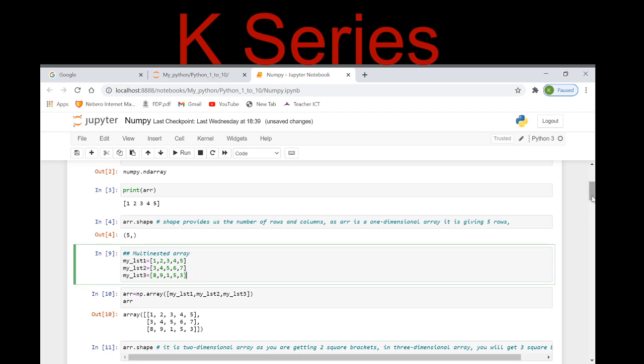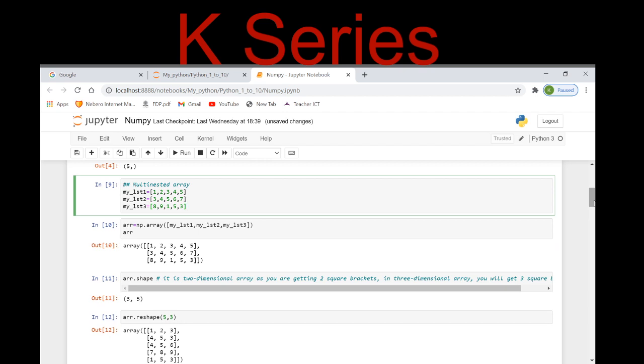Now moving on to multi-nested array. By multi-nested array I mean I will declare a few of the arrays here, like my list 1, 2, 3, and as you can see on my screen, let me execute it. Okay, now these arrays will be again nested in one array variable.